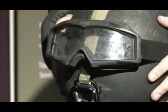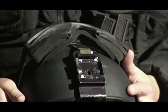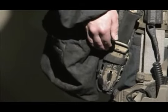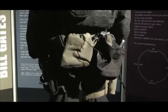Royal Marines. Mounted on the helmet are Black Hawk goggles. The helmet also has a mount for the night vision goggles. The belt kit is used when boarding. He carries a SIG pistol on his right hand side. On the left side are extra magazines. On his belt he also carries a knife, and at the reverse he has a dump pouch where he can